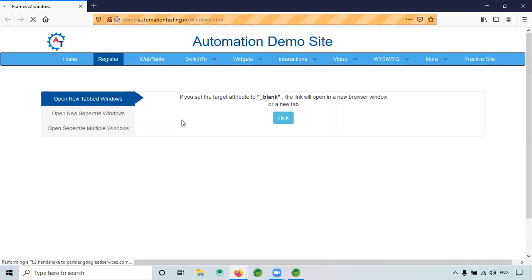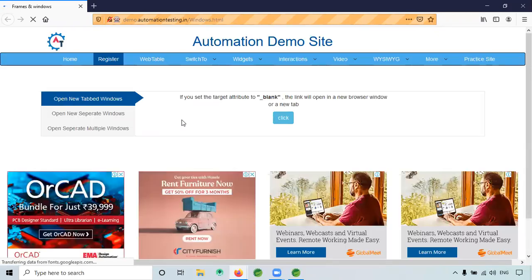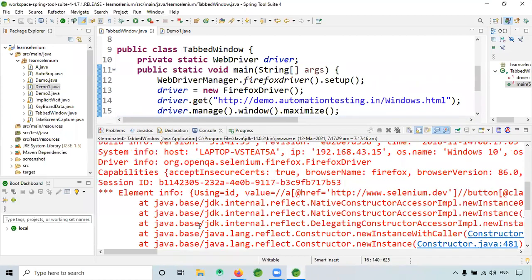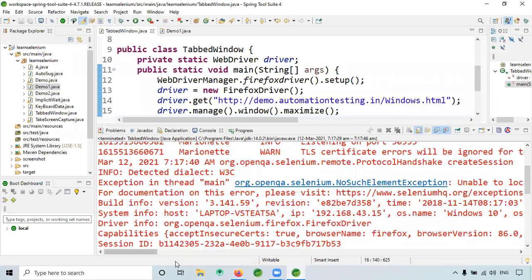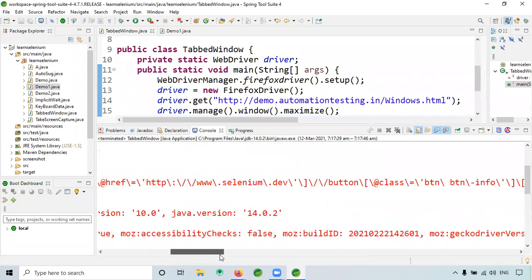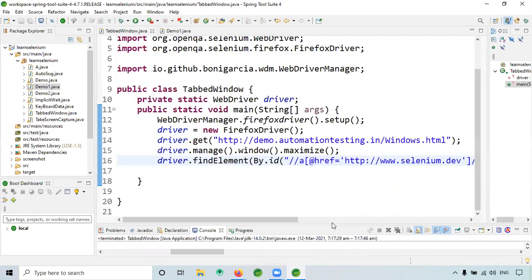Okay, some error. Let's see. Unable to locate.